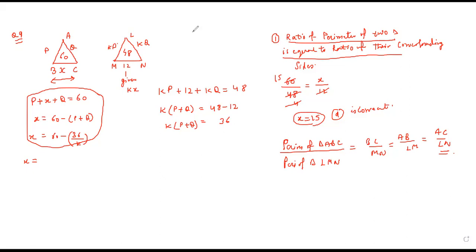Okay. The question is, if the radius of the circle is decreased by 10%, then the area is diminished by. Okay, pay attention carefully. Let the radius of the circle be x. Now it is decreased by 10%. New radius is equal to 90% of x, which is equal to 9x over 10. This is the new radius.